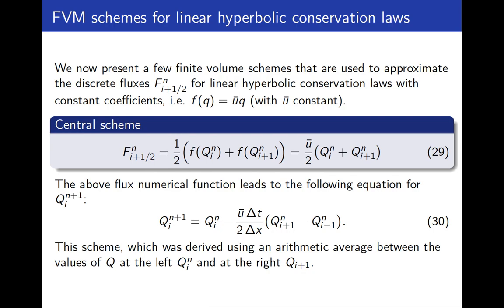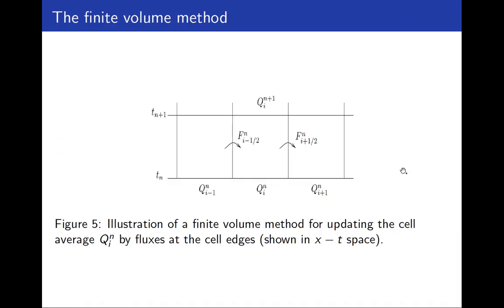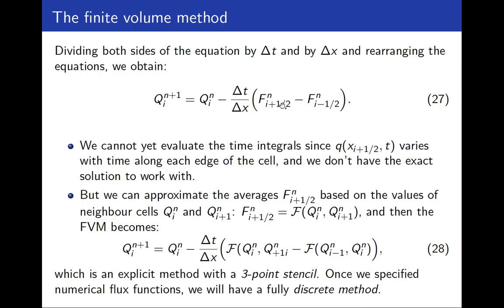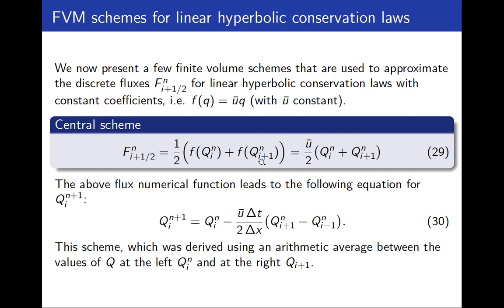So now let's present some finite volume schemes for linear hyperbolic conservation laws. The simplest one is called the central scheme. For this case, we will assume that the linear hyperbolic conservation law has constant coefficients. That means that the velocity of the fluid is going to be constant. So the easiest way to approximate this flux function is using this equation,